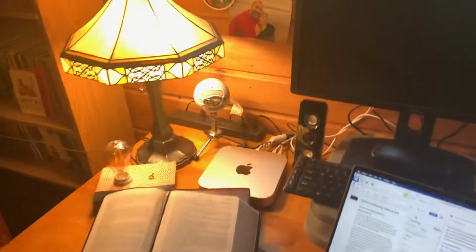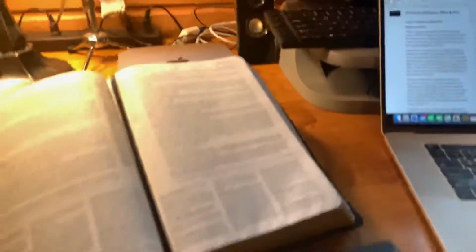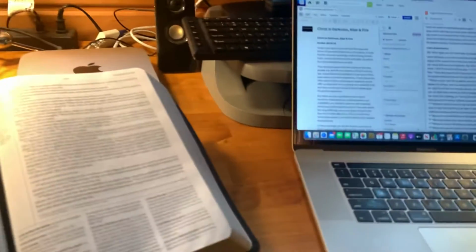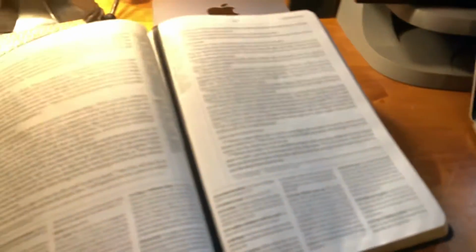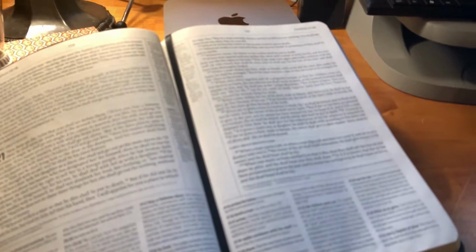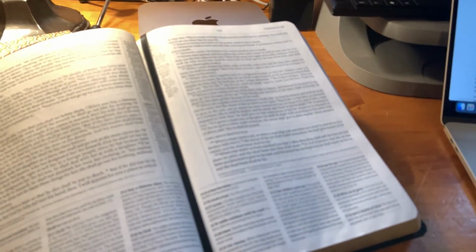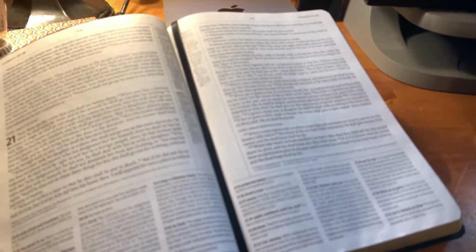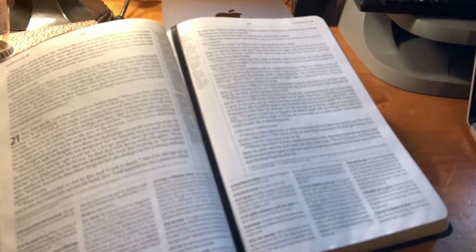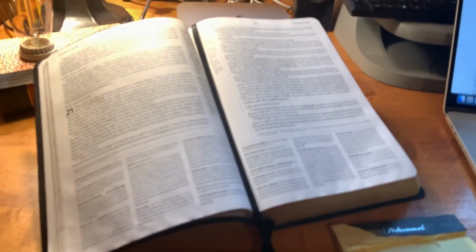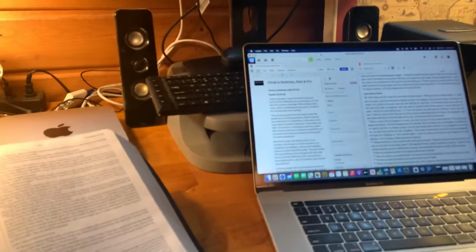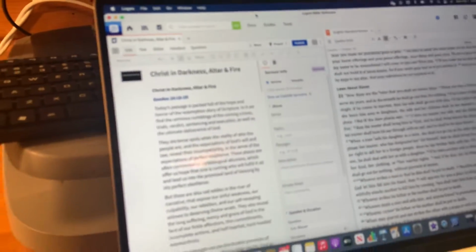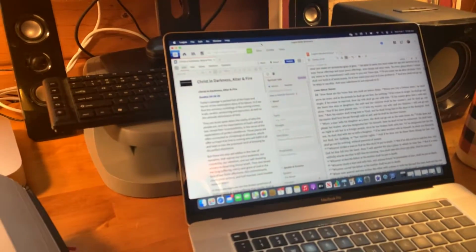Okay, I wanted to show you a resource that I use in my sermon prep. I'm doing preparation for the upcoming books of the Bible that I'm moving through: Leviticus, Numbers, and Deuteronomy. Not an easy task. So I need lots of resources, one of them being Logos Bible software, which I recently got